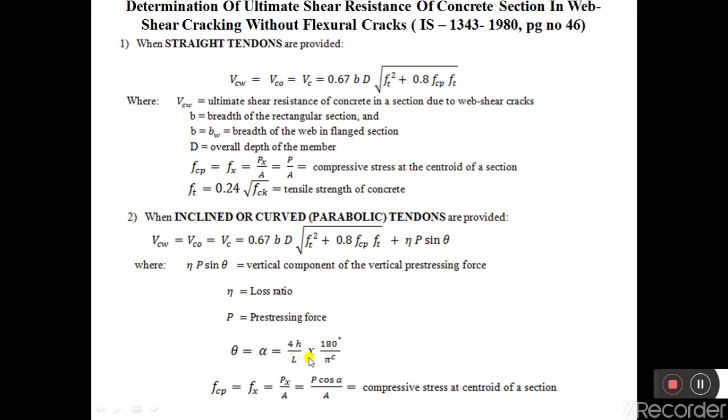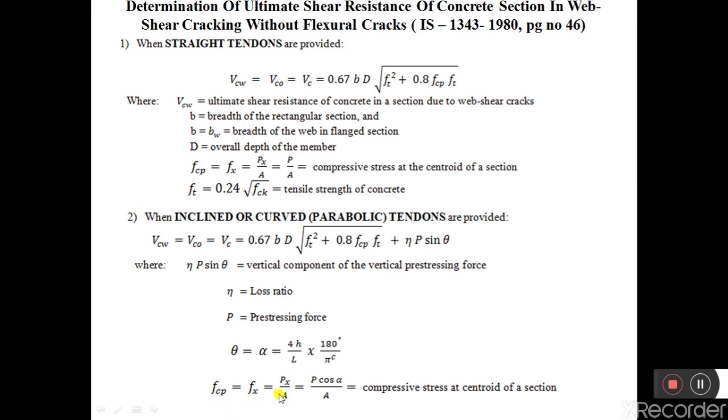So here, if we multiply by 180 by pi, then theta or alpha will be in terms of degrees, whereas in the calculation of the inclination of a cable while solving problems, usually we will keep the values of theta or alpha in terms of radians only. Hence we can use the formula for calculation of theta or alpha as 4h by L,